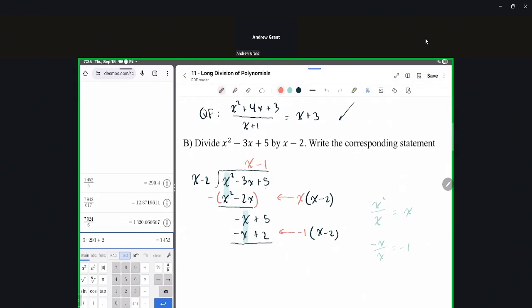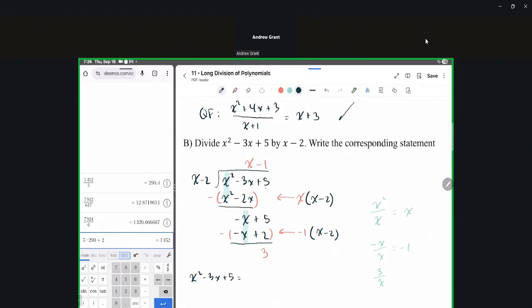And so we minus this off. Negative x minus negative x is 0. 5 minus 2 is 3. And now the question is, can x go into 3? No, it can't. Can't be done. So if I try to write, say, 3 divided by x, that doesn't make any sense. Can't be done. And so the corresponding statement will be that x squared minus 3x plus 5 is equal to